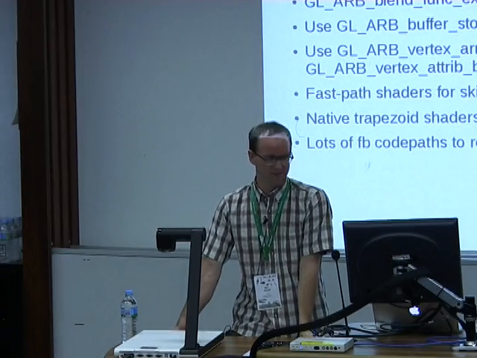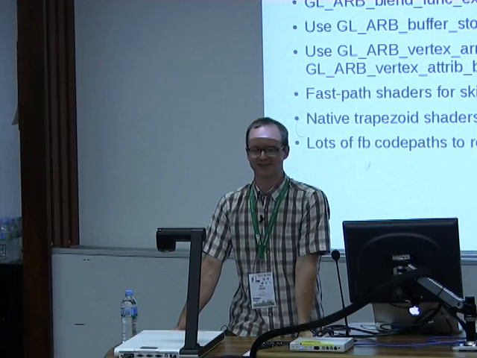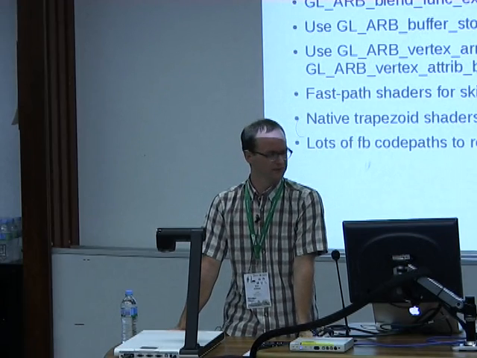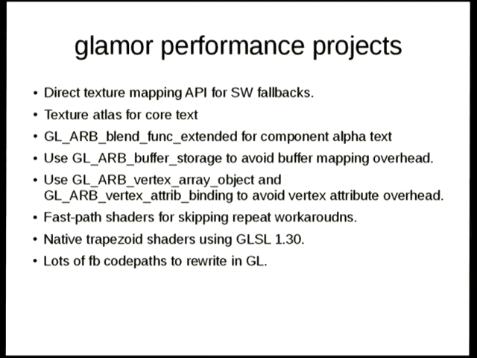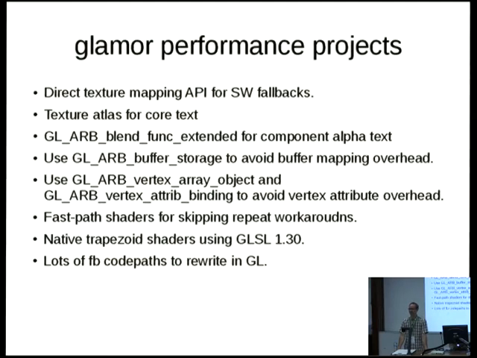There's a neat extension, ARB blend func extended, for doing the anti-aliased text that we use most of the time. That lets us take a 3-pass problem and turn it into a 1-pass rendering implementation. Buffer storage would remove a bunch of our buffer mapping overhead that's taking 4% of my CPU right now, an easy hack. Using vertex array object and vertex attribute binding lets us reduce a bunch of our calls into GL. Each of your GL calls has a bunch of error validation, which is really nice as a developer, since GL tells you, hey, you gave me the wrong argument here. When you're looking for performance, sometimes that's kind of irritating because